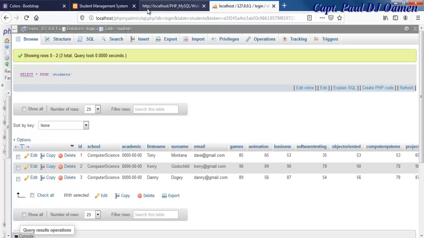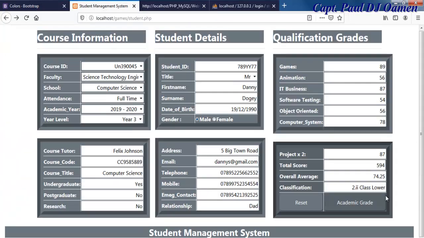entered. So let's go back to the program itself, and in here I'm going to change some of the data in there. So we'll change this to 89 and come in here 92, and let's go for another 90, and maybe this one 88, and let's click on academic grade. Now there we go, it's now a first class student, new record inserted successfully, as you can